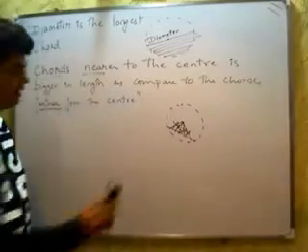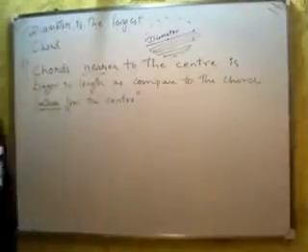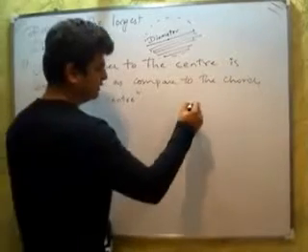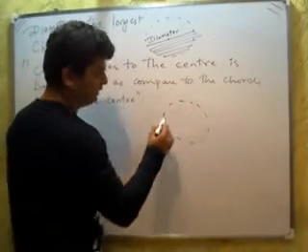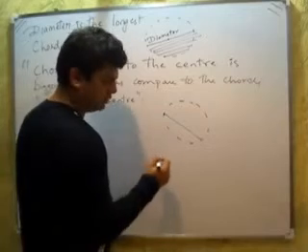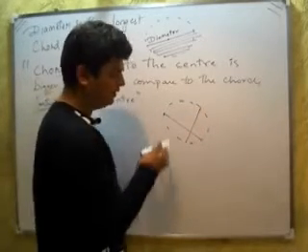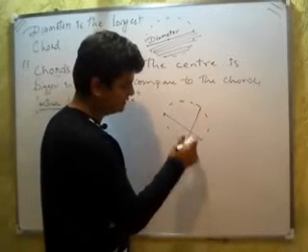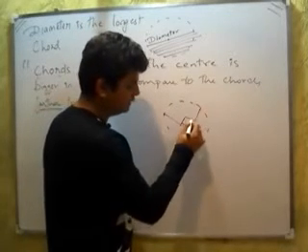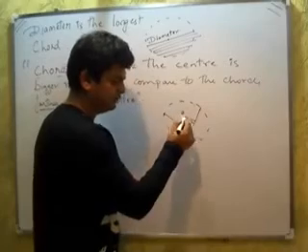So the chords nearer or farther, we will decide according to the perpendicular distance. For example, if we need to comment on the length of this chord or the length of this chord, which is bigger, then we will not measure the length of these chords, rather we will measure the perpendicular distance from the center to this chord and to this